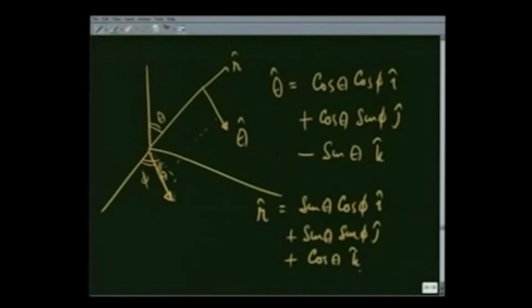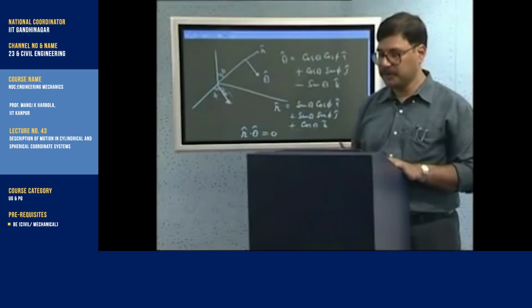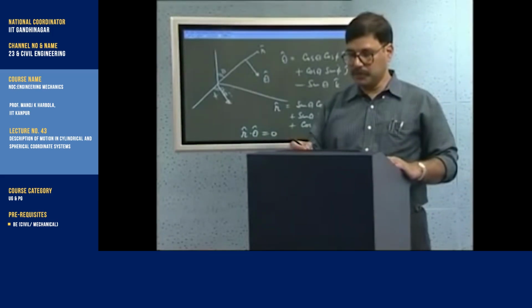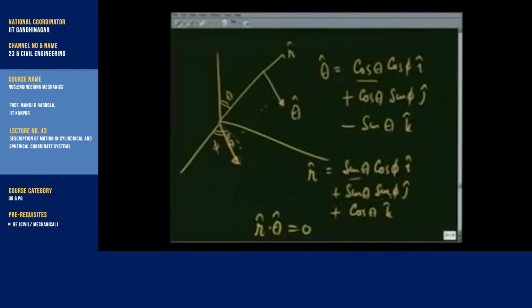You can see right away that r dot theta is equal to 0. These two together give you cosine theta times sine theta cosine square phi plus cosine theta sine square phi, minus these two give you minus sine theta cosine theta, giving you this. Similarly,